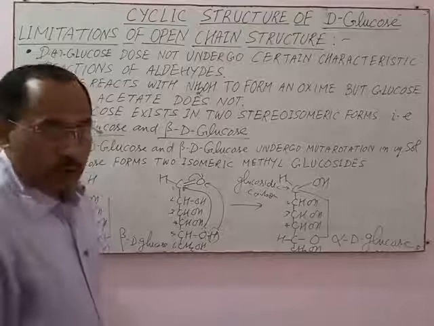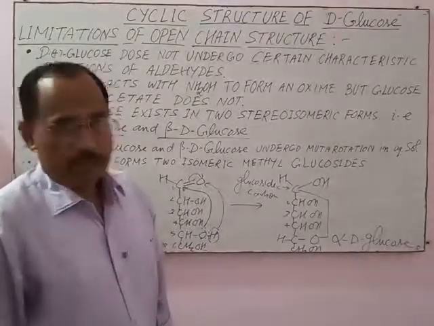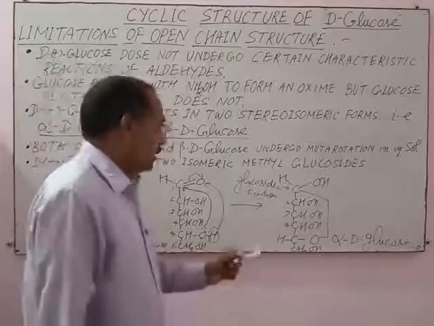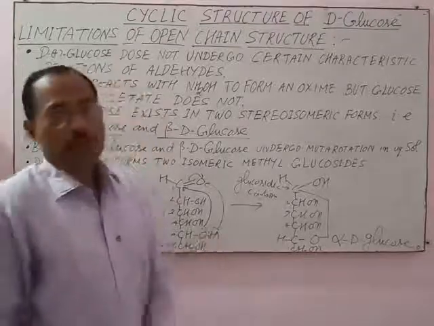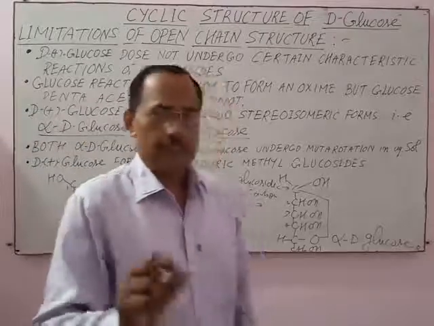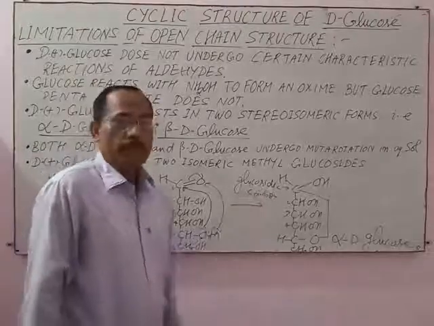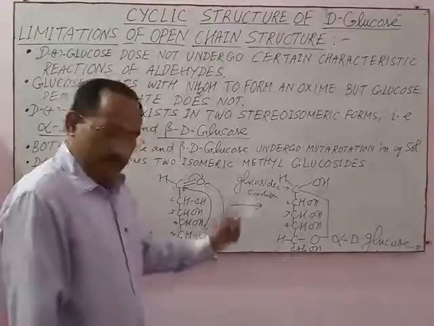One other isomer is known as an epimer, and epimers are those isomers in which the configuration of H and OH differs at a carbon other than the anomeric carbon. For example,